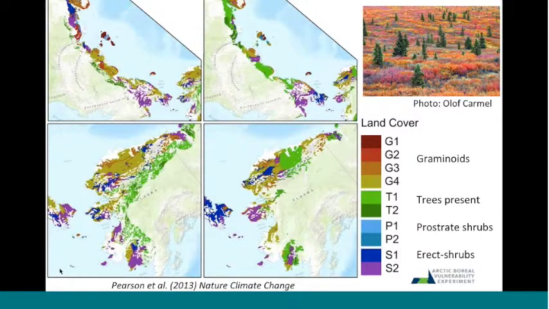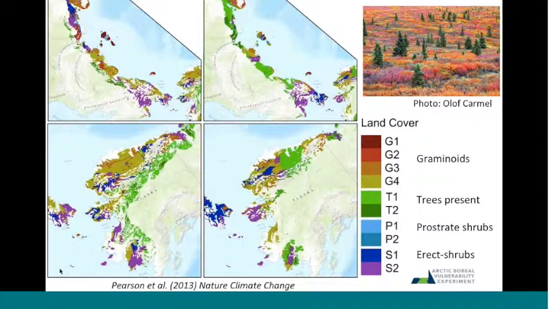And the key part of that is this slide I'm showing of what's likely to happen in the future in terms of the distribution of vegetation in the Arctic. There are a couple of maps here showing the current distribution of vegetation on the left from the Circumpolar Arctic Vegetation Map. It's a map produced by experts of where vegetation is currently distributed. And then predictions out to 2050, what that's likely to look like under climate change scenarios. There are a whole bunch of scenarios that were run for this, but you get the idea that there will be substantial vegetation changes.